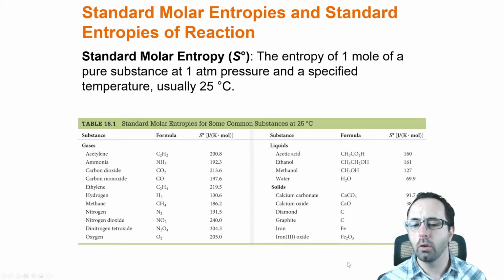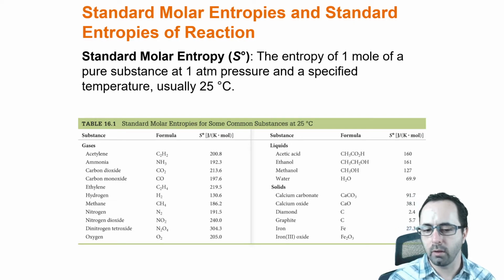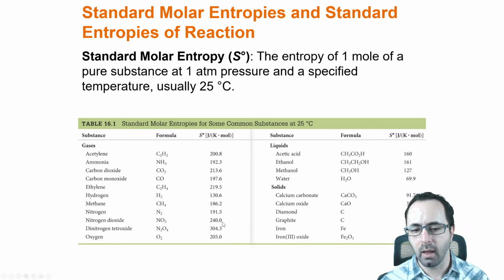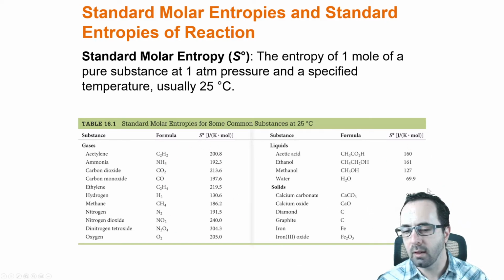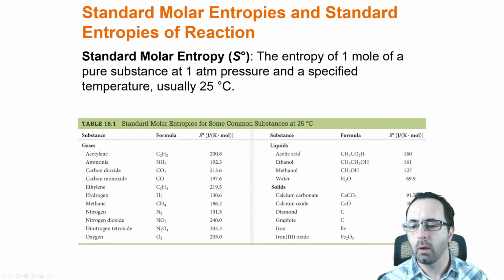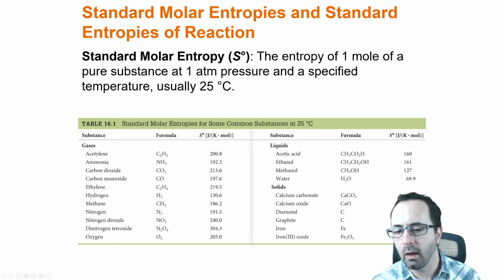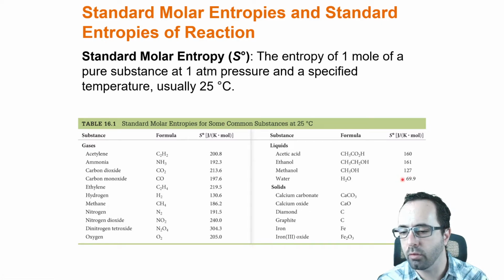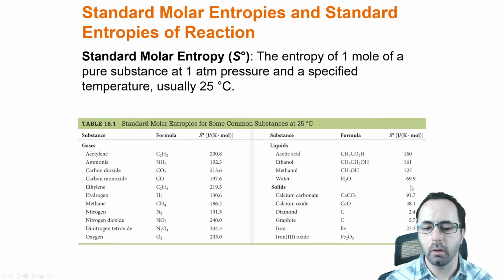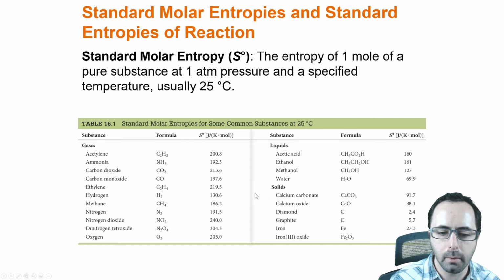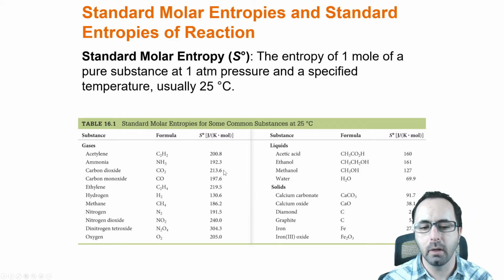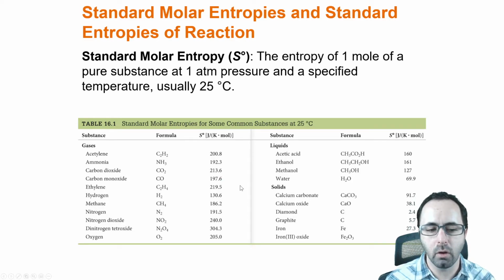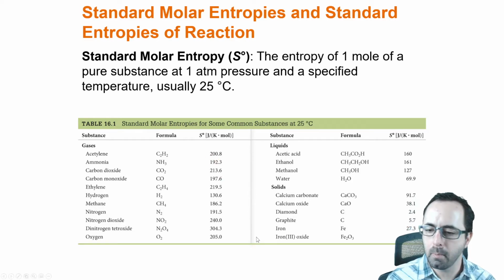So you can use your knowledge of what entropy is to predict what relative entropies there will be. Generally, again, gases have the highest entropy on average, liquids lesser entropy, solids the least entropy, and also the stronger the intermolecular forces, the less the entropy will be, because the molecules will be very orderly. So water has strong intermolecular forces, causing those molecules to be quite orderly. And then, for example, carbon dioxide, its intermolecular forces are weaker than those of, say, ammonia. And so it has a slightly higher entropy there.